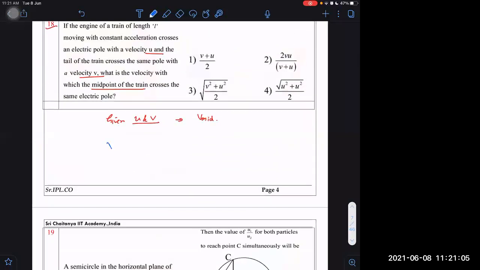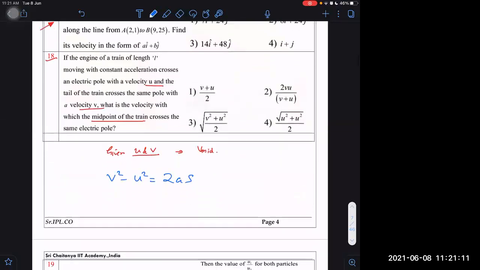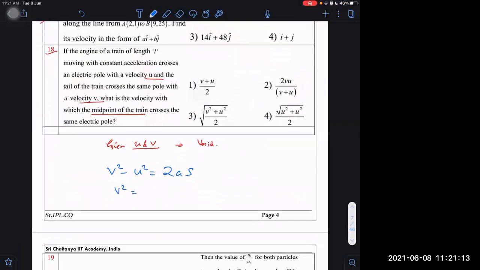V square is directly proportional to S. V square minus U square is equal to 2AS, right? V square is directly proportional to S and U square is just a constant. So I can say V square equals 2AS plus U square. U square is just a constant. So then in this I can say clearly that